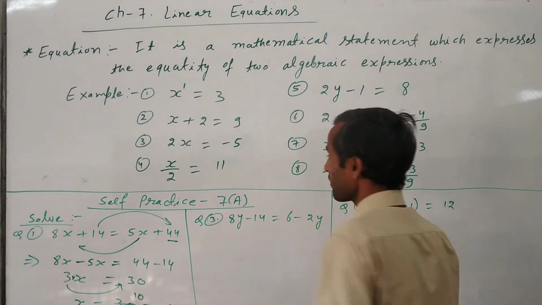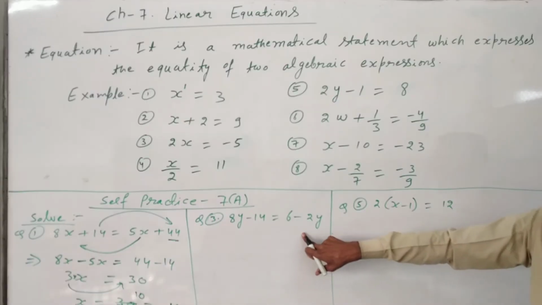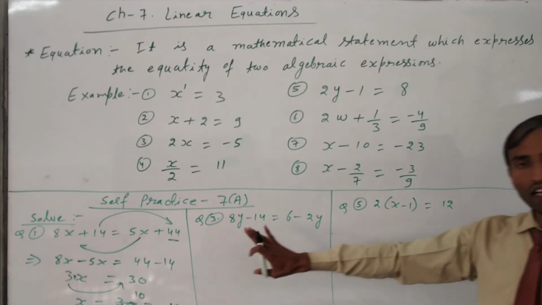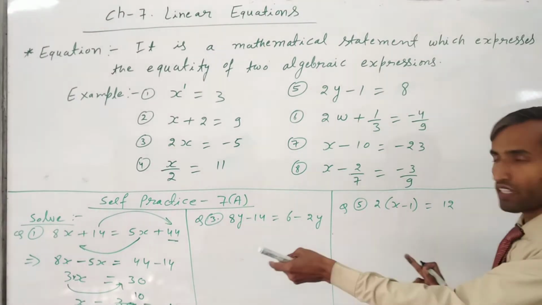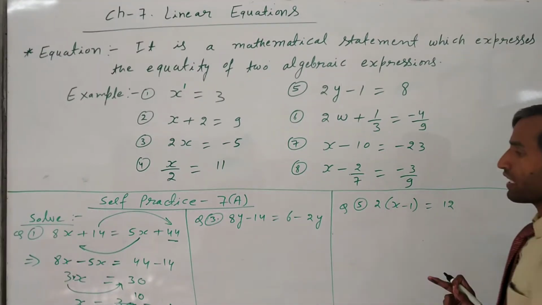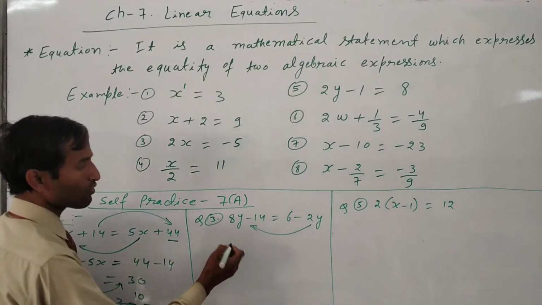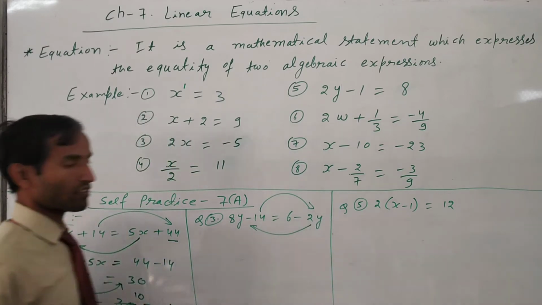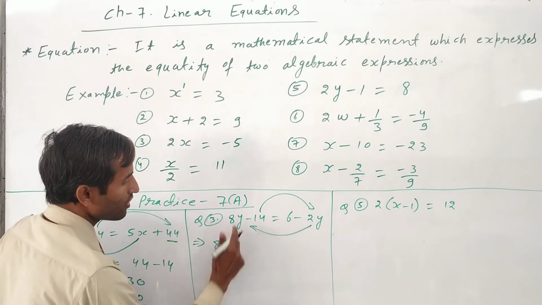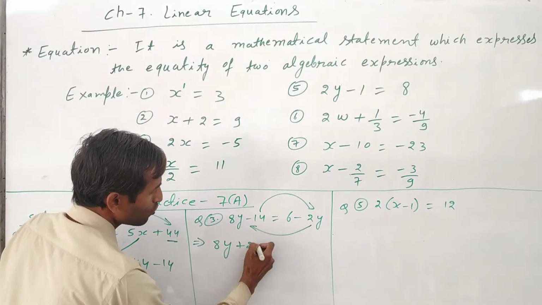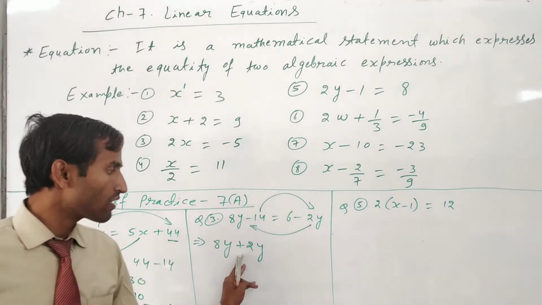Now question number 3: 8y minus 14 is equal to 6 minus 2y is given. Again here y's are variables and here constants. Again we have to shift that side to the RHS and this constant will come in the LHS. So 2y will come in the LHS, and this 14 will go to the RHS. So just write down here 8y, and this minus 2y will shift this side, so 2y will come. Again, minus sign is there, so when we transpose it this side, the sign will be positive.